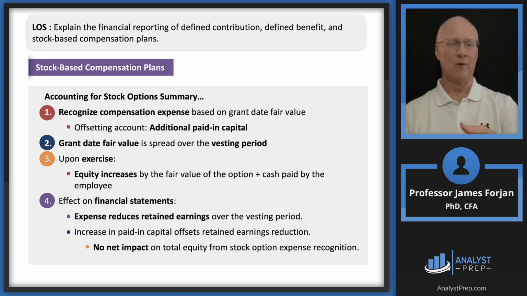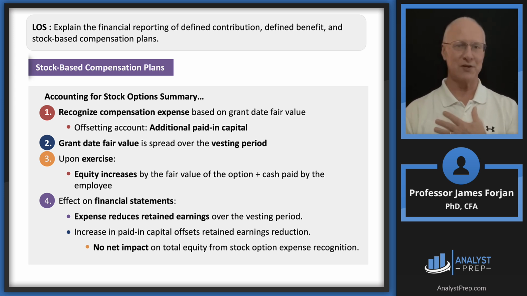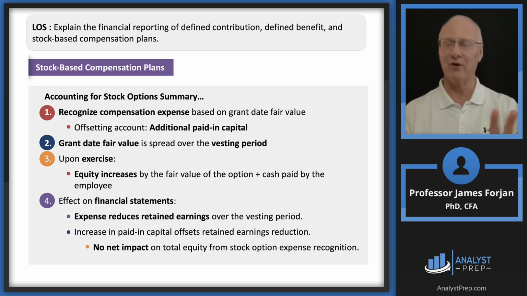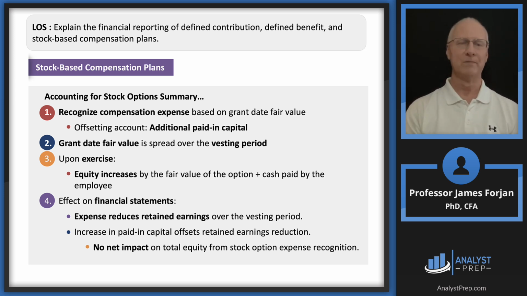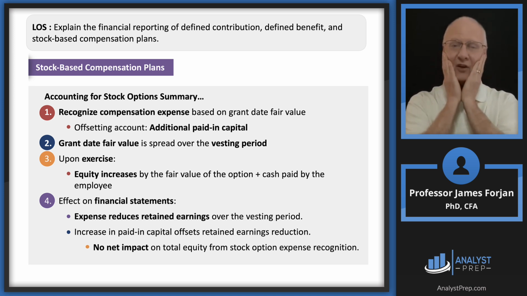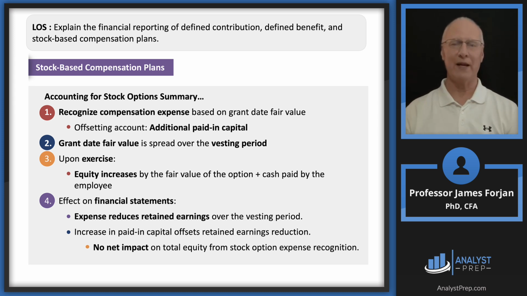This first one here, what did I say earlier? If you pay me cash as a part of my salary, you're going to credit cash and debit Jim's employee compensation expense. However, if it's a share of stock, you have to throw in this additional paid-in capital because it has implications for dilution and equity ownership and all that kind of stuff. I remember an accounting professor once, and by the way, I have an accounting degree as an undergraduate, saying that additional paid-in capital is one of those accounts where accountants just make up names that sound reasonable.